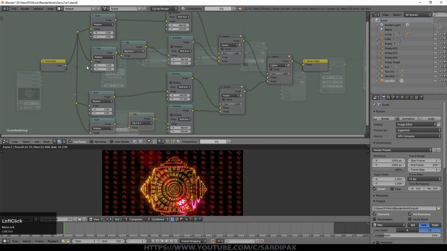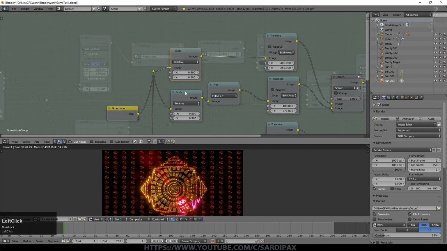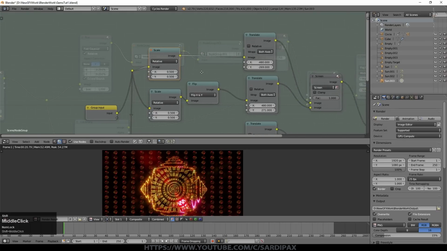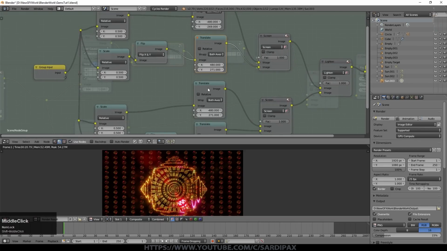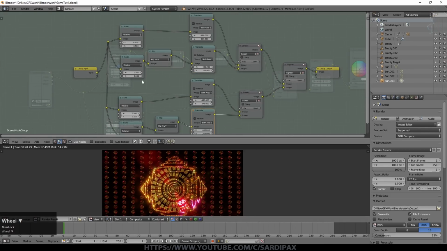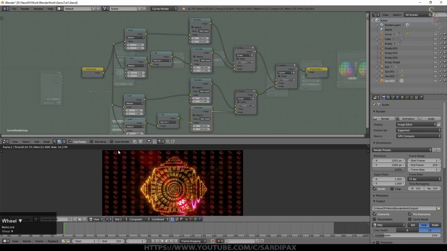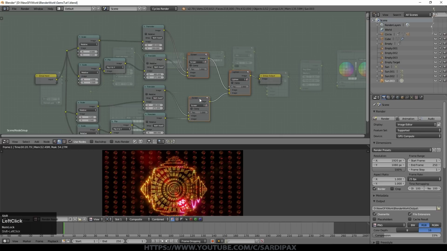Then we created a new node group in which we had a scale node, basically halving or quartering, in fact, so half on the X, half on the Y, the scale of our image. Then moving it into the bottom left-hand corner. This one then moved it into top right-hand corner of the resulting image, and so on. So we created 4 versions of our image, 4 little images, and put each one in a different corner. We mixed them all together with these 3 nodes, and then that was output.